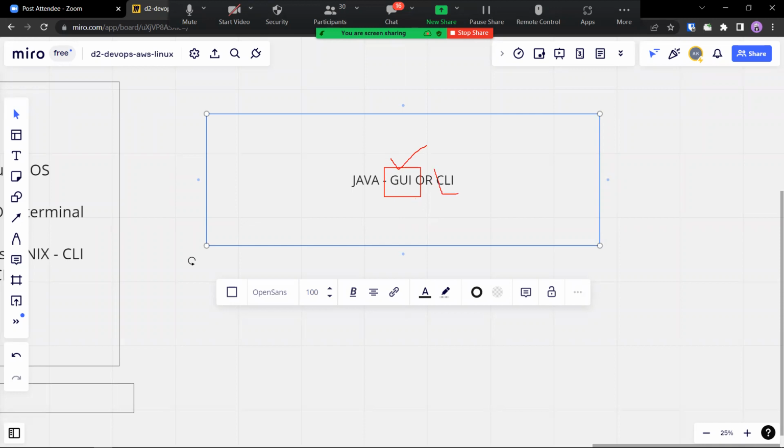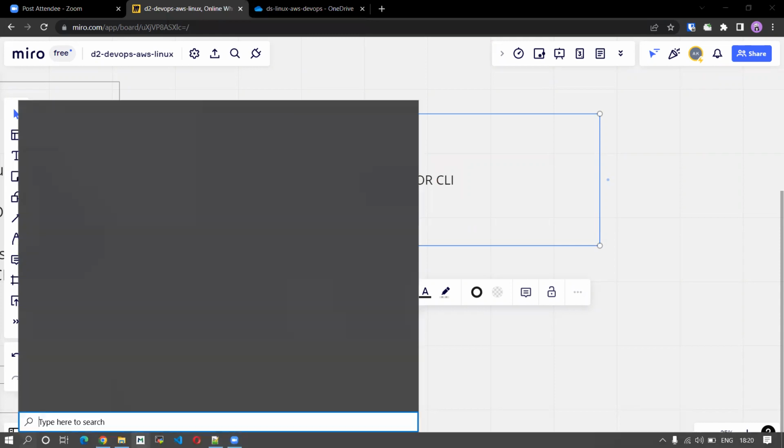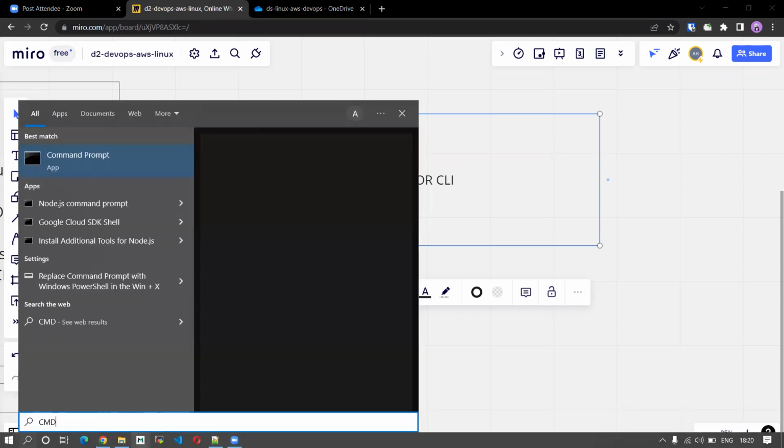What about CLI? How do we run a Java program at the command line? We can run it using the java command like this. Let's say we open the command line.